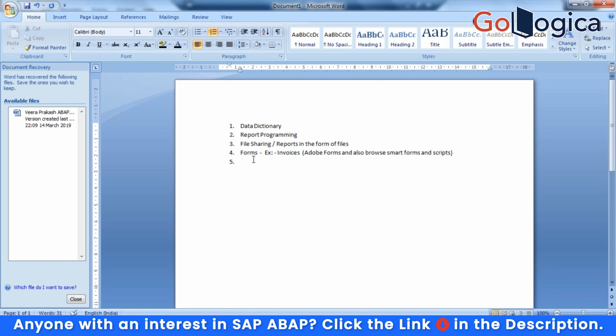And then what we have to mostly look into after these forms is enhancements, which would be most part of your daily need. How to customize your system technically, because from a functional point of view, sometimes you might end up in a question, there is no way we can customize it, and we need some technical help to customize this from a technical point. Most of the customizations happen. They might find out or talk about user exits,